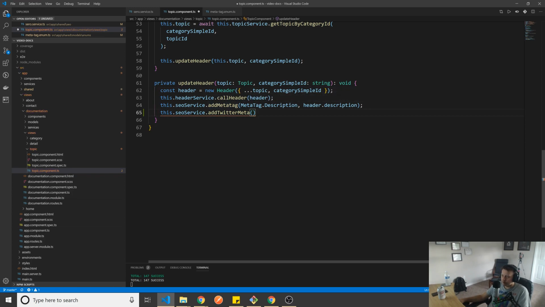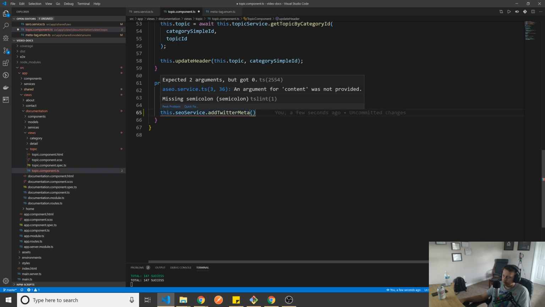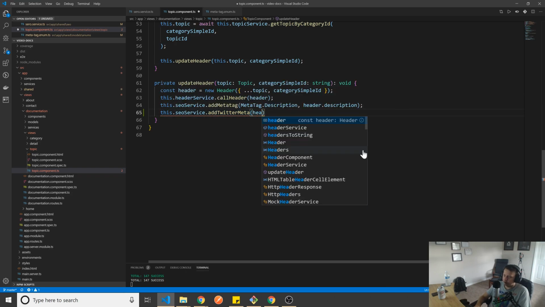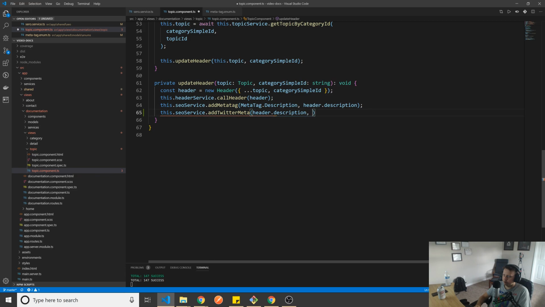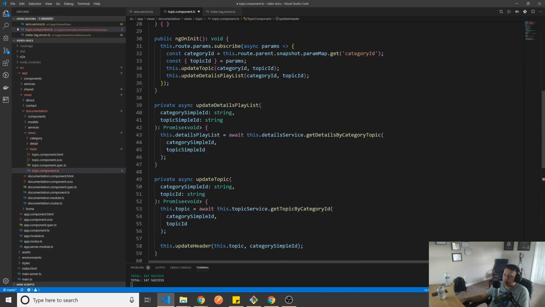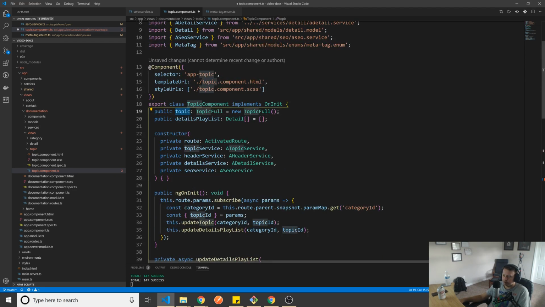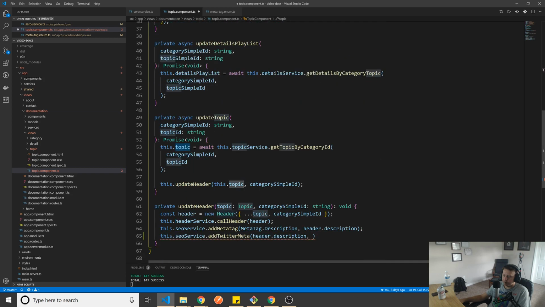That needs to be updated. In here, first thing is the content, which would be the header dot description. Second thing is the image URL, which would be this dot topic dot